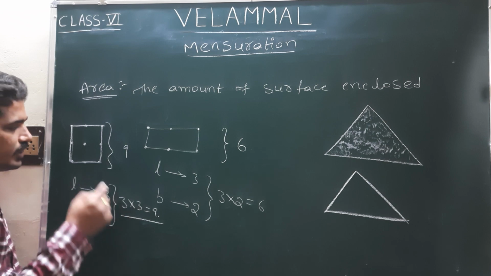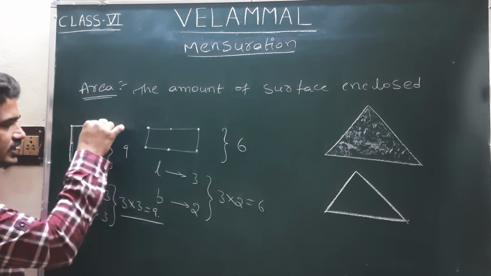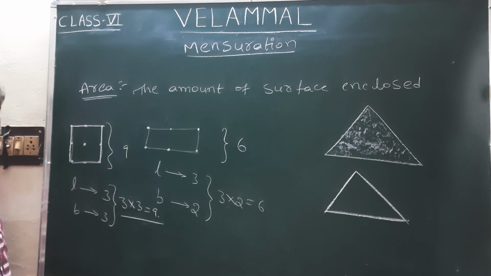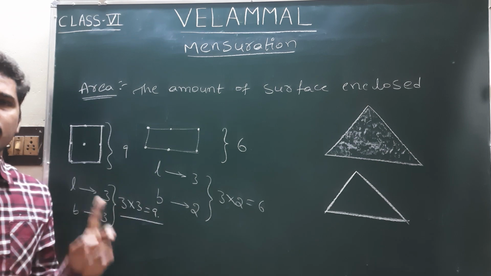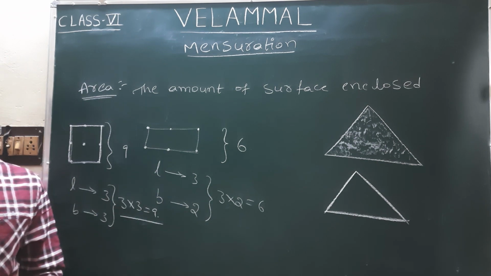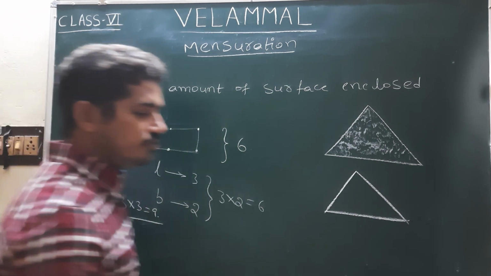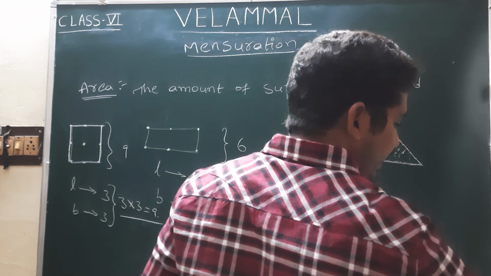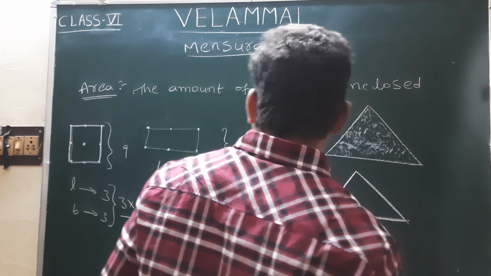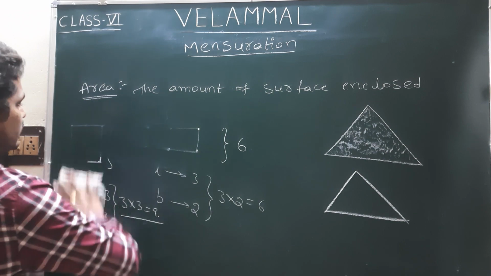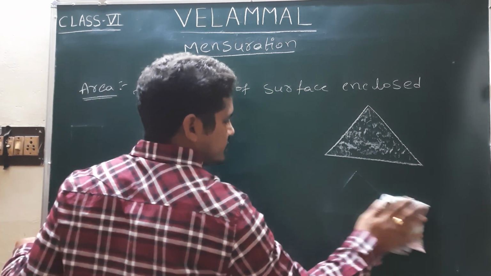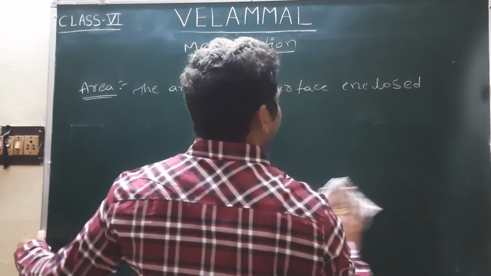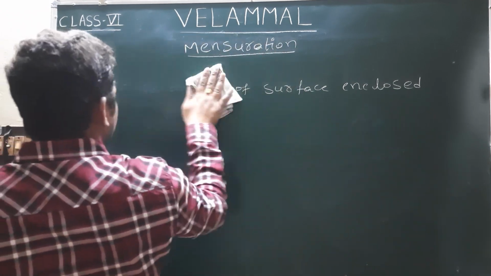Length and breadth. So height also we can say this as the height. Okay, area always depends upon two dimensions, either length and breadth, or length and height, or breadth and height. Okay, now how to find the height of a triangle we will discuss. What will be the height of the triangle we need to discuss. That is very important for finding the area. Okay.